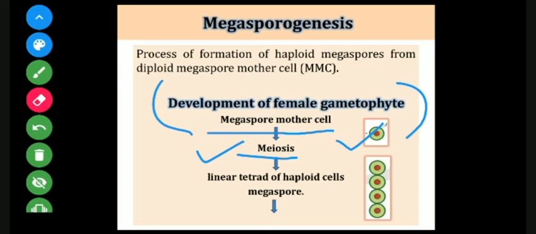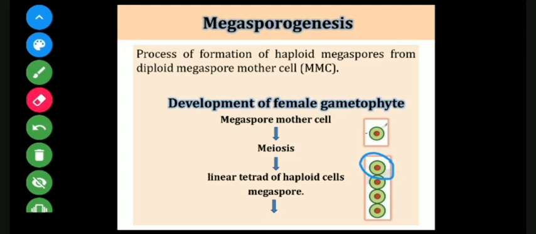Meiosis is a kind of reductional division, after which a single diploid cell will give rise to 4 megaspores. One very notable point is that all the spores are formed in a linear arrangement. Remember, the upper spore is towards the chalazal end, and all the others are just below the chalazal megaspore. Remember, this upper megaspore, which is toward the chalazal end, will remain functional, and all the lower ones are going to degenerate.